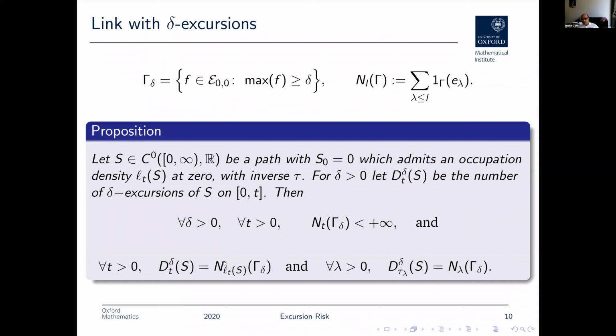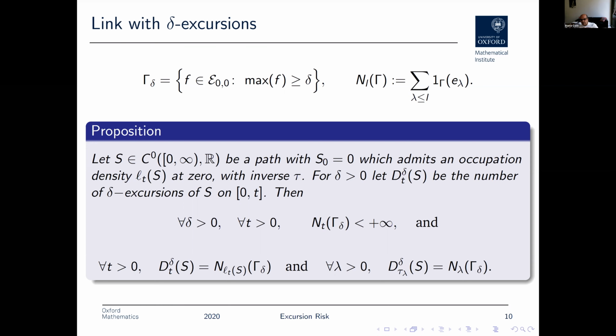Okay, so this means one is the time change of the other. Okay, and so how do you prove this? I'm not going to show the proof, but the proof is based on what we showed yesterday, the last exit decomposition. Okay, so why? Because what we showed yesterday is that if you look at the excursions from 0 to 0,